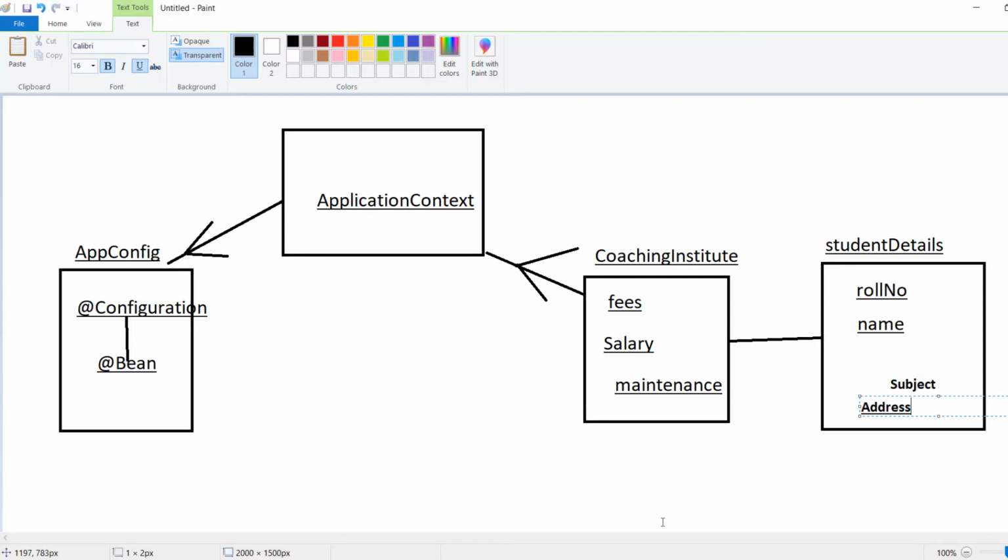If you want regular modification or maintenance, you can do it easily without causing any effect in the business layer. Everything is going to be connected by the IOC container with the help of a configuration file. So this is the simplest example of constructor dependency injection with respect to the IOC container.